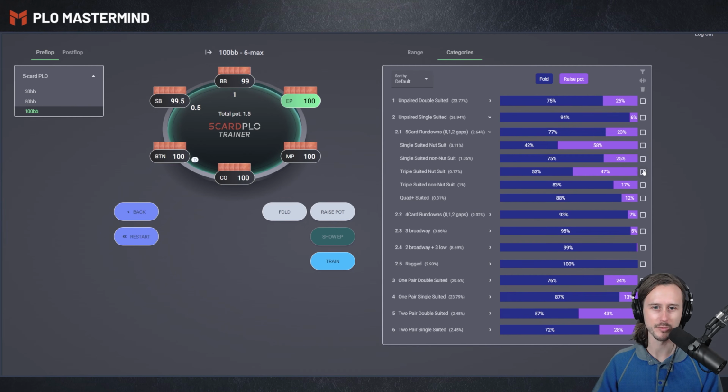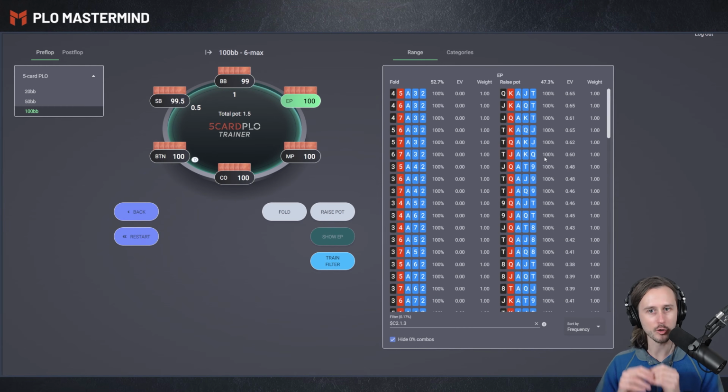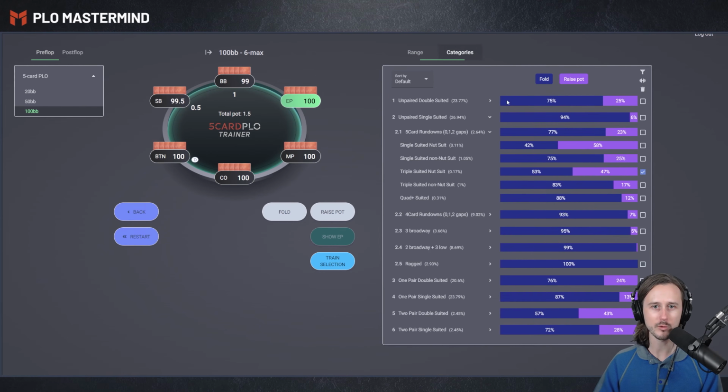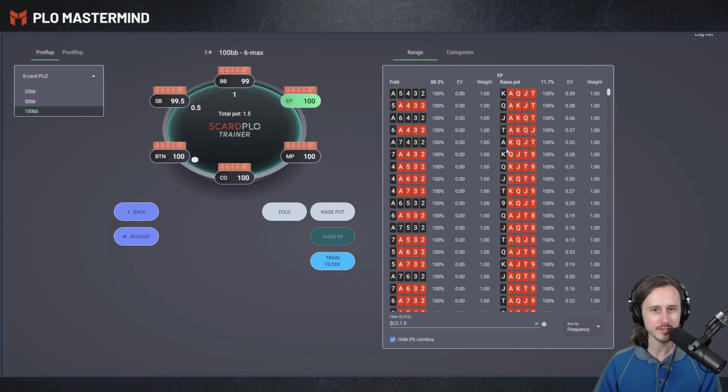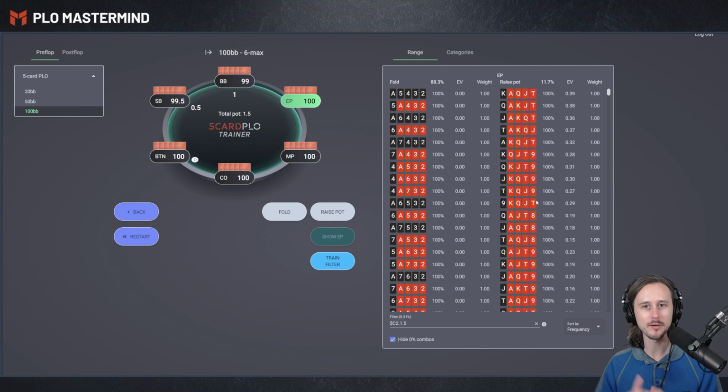We also have triple suited ones. If I go to this category, you will see that this hand class is grouping hands together with 3 cards of the same suit and 2 different suits next to it. This is the single suited ones with a triple suit. And we created them, as mentioned, on purpose. The last one is the quad suited plus. I can also filter for this. And you can see here we're looking at the 4 suited and the 5 suited hand, basically the mono suited. And you will see that this is extremely beneficial to break down your range because there are so many combinations